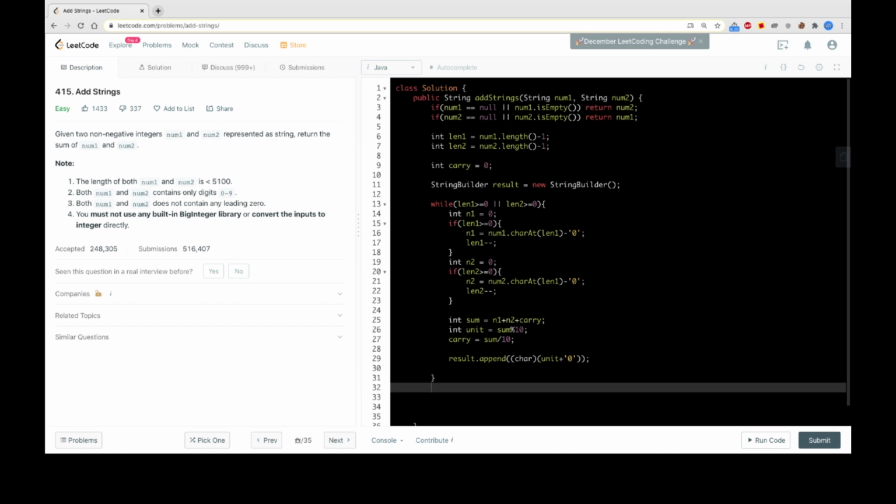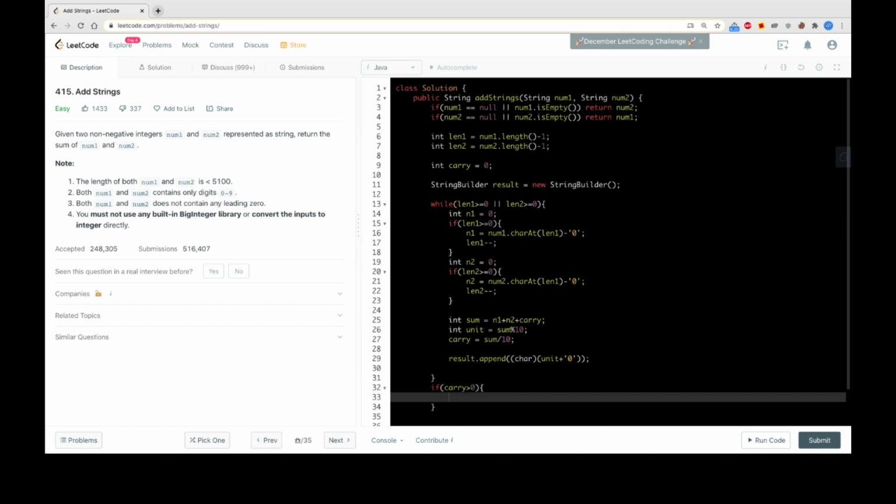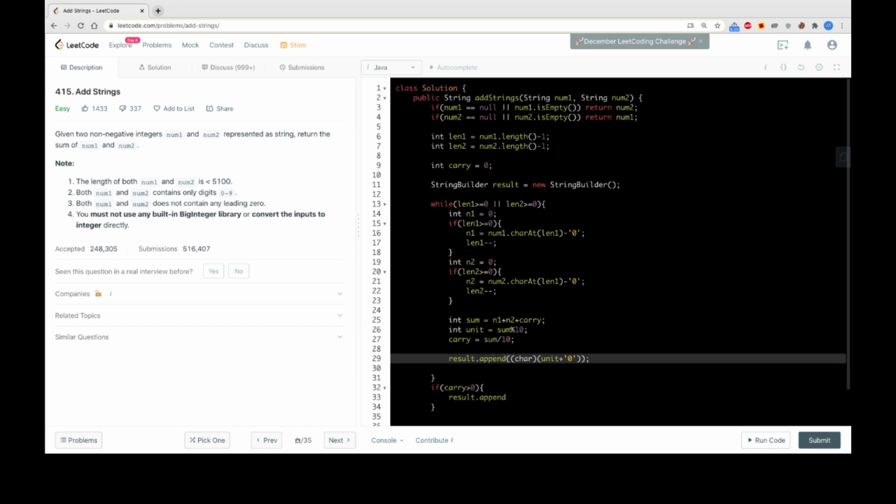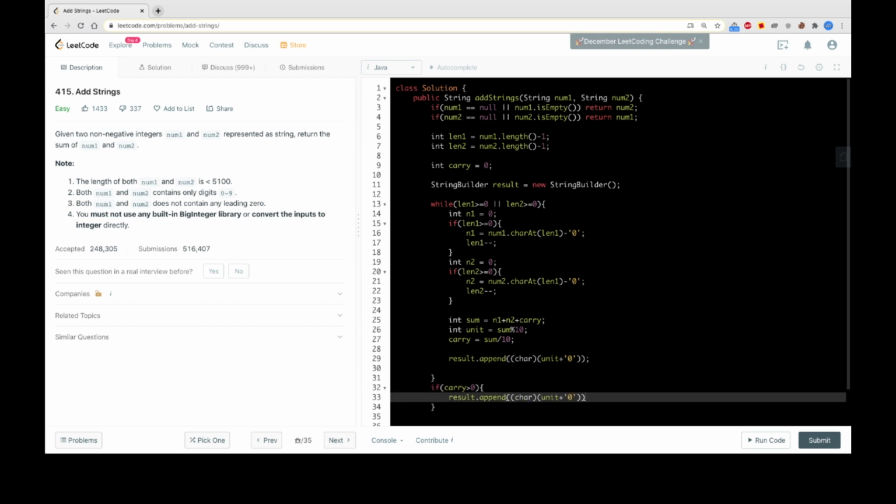And after this loop, we can check if carry is greater than 0, then we can simply append it again like this, and instead of unit it will be carry.